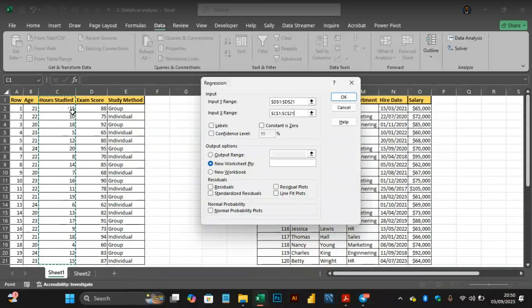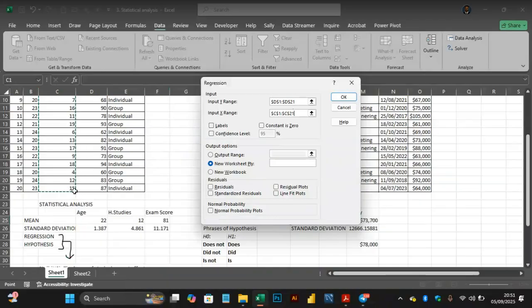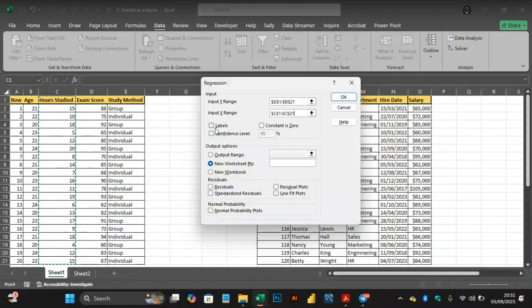But if you start from C2, Excel will overlook the value in the C2 cell and start with the C3 cell. So you don't want to remove this value from your analysis because that will cause a bias in the results. Hence, we are going to choose from the column header down to the last of the values in the column of choice, and then tick this place that has the